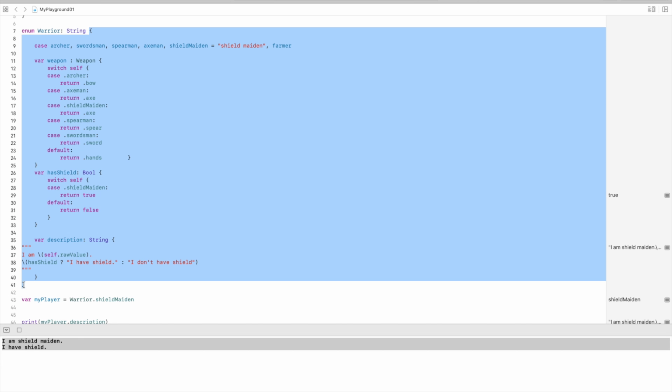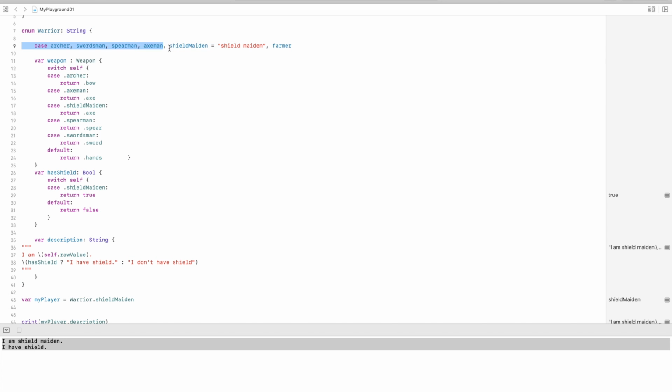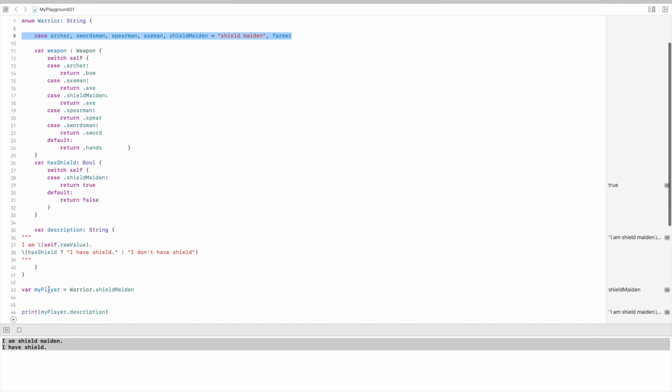Now, self is, in this case, the enumeration self, and it's actually getting one of these. And because I have set my player to be of type Shield Maiden, that's what self is. Self is Shield Maiden. So the raw value of each of these,